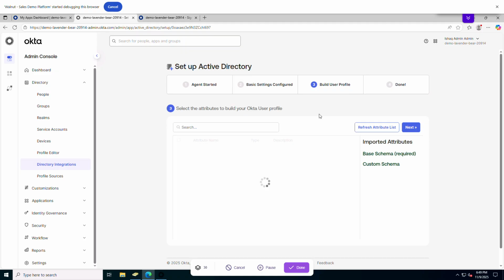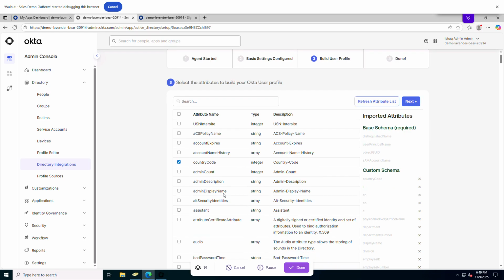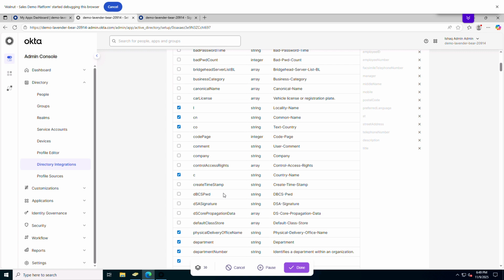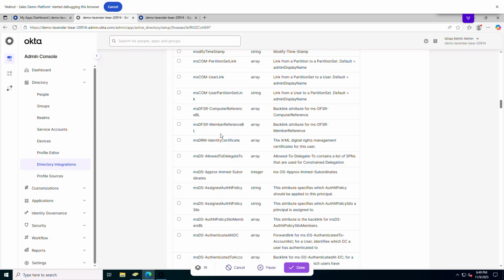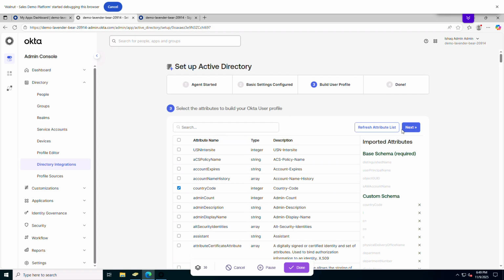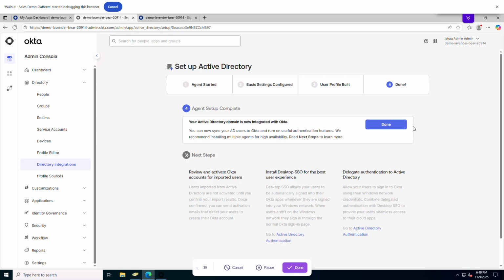Build user profile. Now let's build a profile that we would like. We can say, hey, we need the country code. What other attributes do we need to be coming in from our AD? Department number, telephone number, etc. So we're happy with this. Let's go next. And we're done. So our Active Directory domain is now integrated with Okta. So when we hit done,